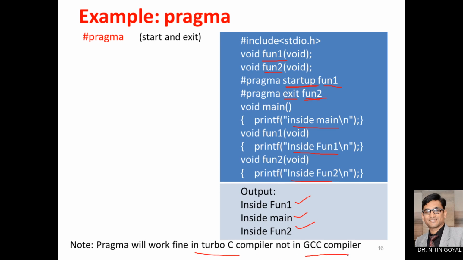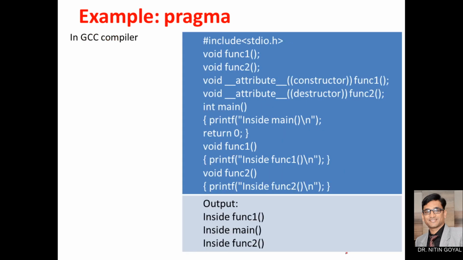In the GCC compiler it does not work, but still if you want to run it in the GCC compiler, then instead of writing startup and exit, you have to include this in this way: void underscore underscore attribute underscore underscore, bracket double bracket start constructor, then double bracket close, first function, and similarly you have to write it for the second function, so that it can give you the output like in the previous case: function 1, then main, then function 2. That is the way you can run this program